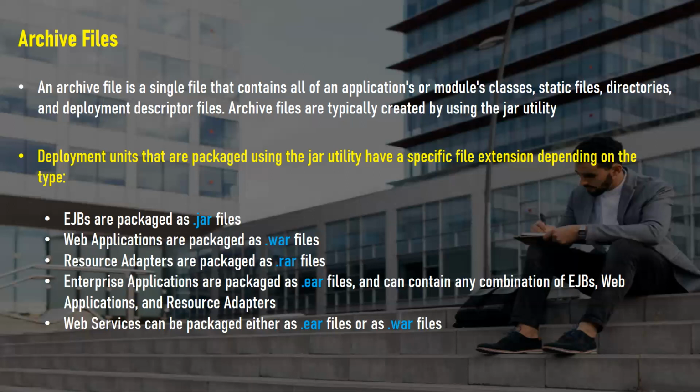So that means if it is an EJB, then you have to create a jar file with the help of the jar utility, with extension .jar. If you have a web application, then you have to create a WAR file with the extension .war. And if you have a resource adapter, those are used to connect different EIS applications, external applications, with WebLogic, then you have to create a RAR file. And an EAR file is an enterprise application. That means it is a combination of all the files. If you have an enterprise business where you need jar files, some web applications, some adapters, then you can create jar files, WAR files, RAR files, and combine all of them in a single file that is called an EAR file.